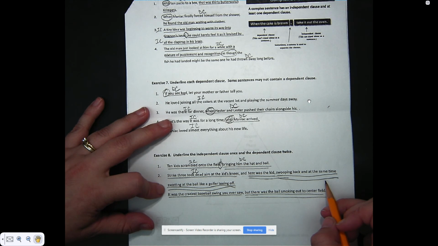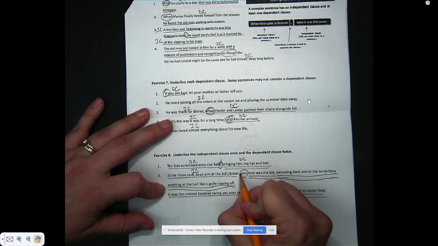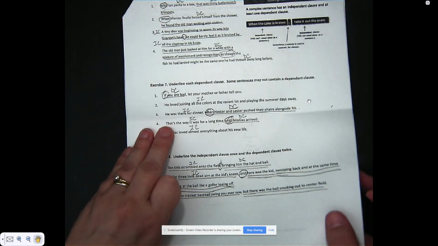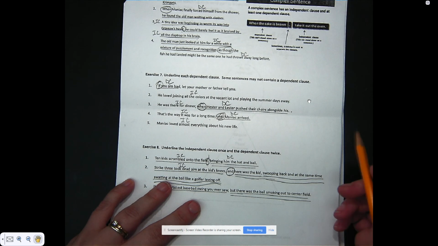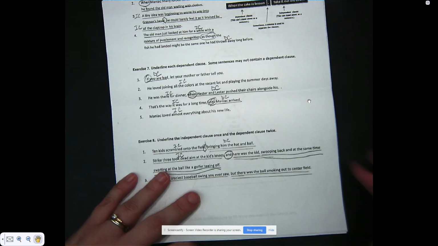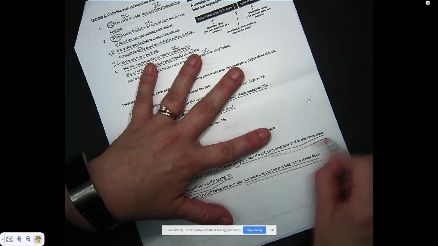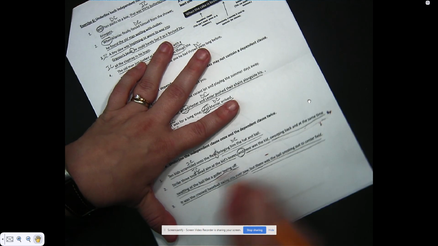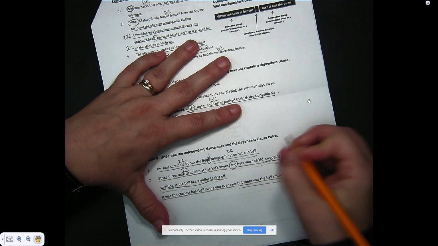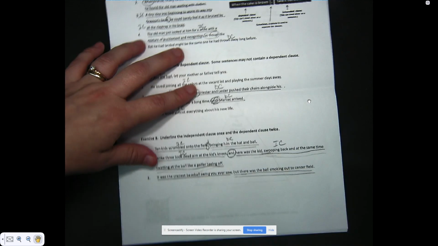And then, and here was the kid swooping back at the same time, swatting the ball like a golfer teeing off. This is a coordinating conjunction. And so, where did it go? Over here. It's one of the fanboys. And so we're going to pretend it's not really there. And we're actually going to call this an independent clause because of that. This is an independent clause. And then over here,